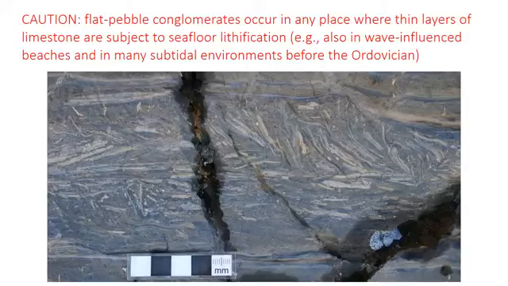When bioturbation is more common and more intense, a thin layer of deposited sediment just gets homogenized and mixed up. And so this means that only thick beds can be preserved, and thick layers just can't be ripped up and redistributed by storms. So in this case, the flat pebble conglomerates basically disappear in normal marine environments after the Cambrian-Ordovician, although they're still found in beach and tidal flat environments.